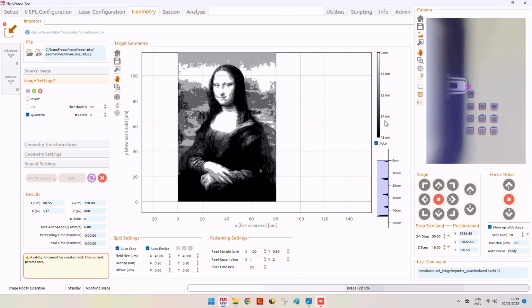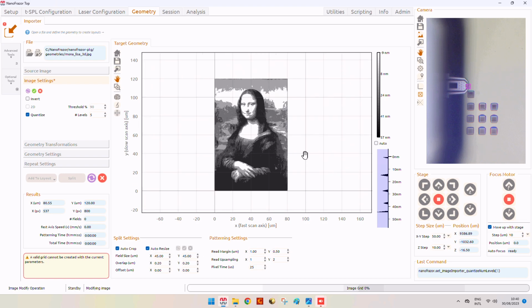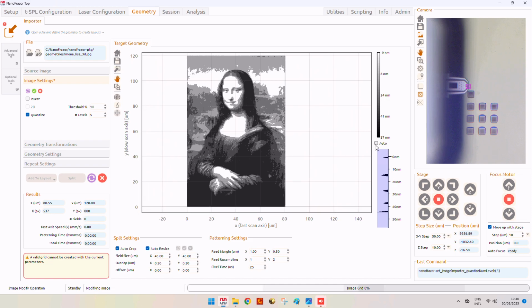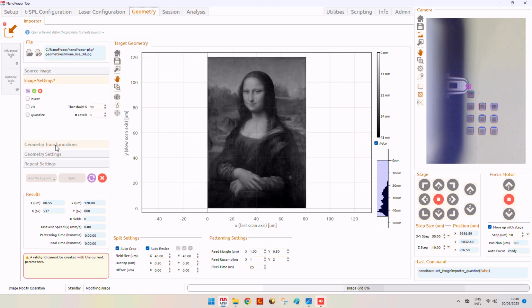And we can also see the expected topography of our design here, which can be automatic or can be moved up and down, changing a little bit the contrast. This is the same thing that we can do and manipulate when seeing the topographies that are being read by the Nanophraser. So in this case, let's keep our original Mona Lisa, which is nicer and better looking this way.